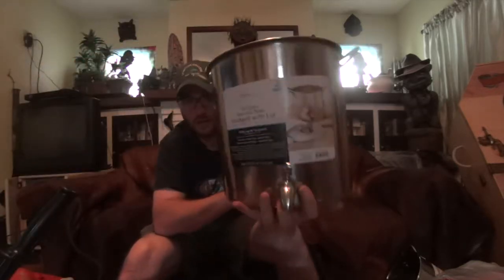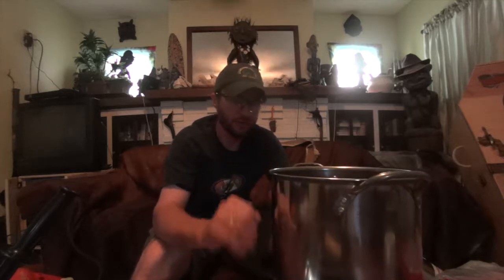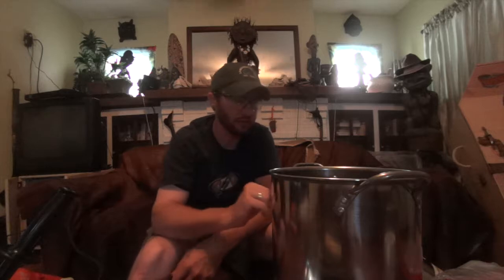sturdy drink container. Now, hand tight and then a little more. So as tight as you can get it by hand, and then you're going to get a wrench and go just that little bit extra. And that's just going to prevent you from over torquing it, so if you need to make adjustments. Now what I would do, and what I am going to do, is this is going to need cleaning out anyway. So I'm going to take it to the sink, fill it up, make sure it's watertight. I'm going to get a wrench on that, I'll show you that,